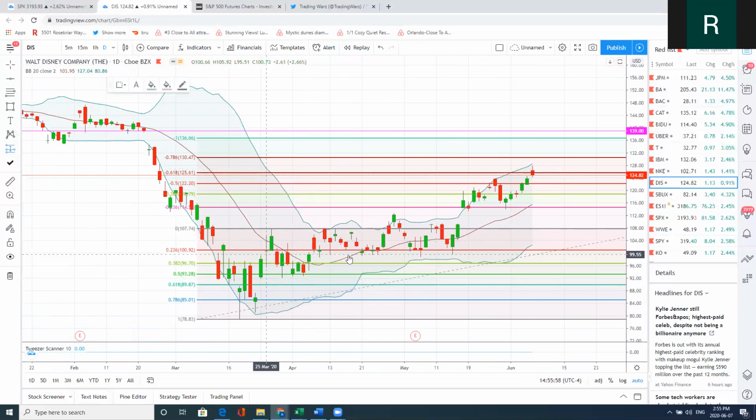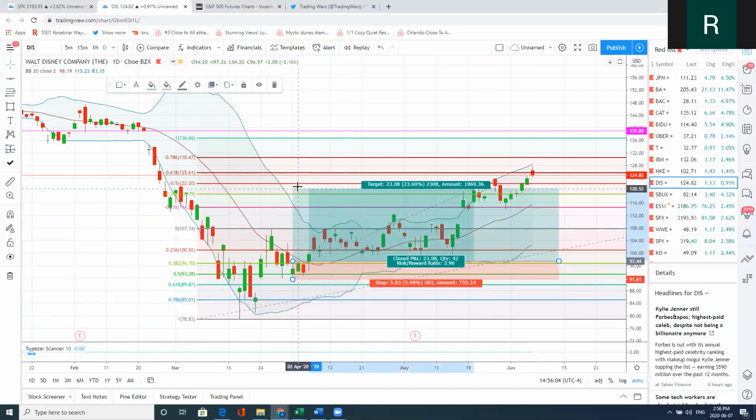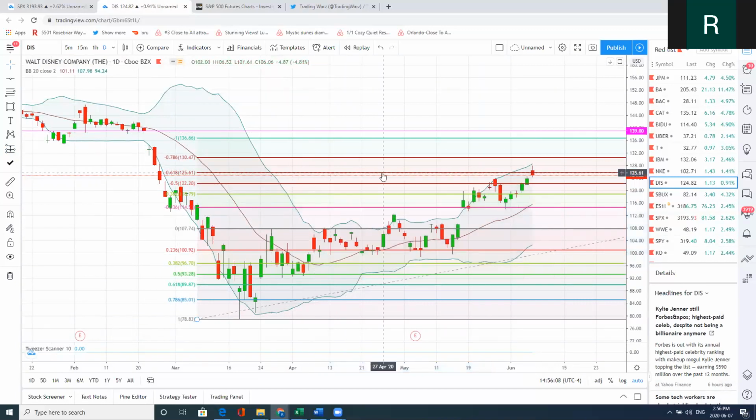So let me draw this up for you guys. Entry here, stop below the low, like so. And then we take it to the 50% target right here. That's 4R, okay? So you can use it on any time frame. It doesn't matter, but you need to do the due diligence to make sure that it's actually working on the stocks. And it usually works on the big high volume blue chip companies and indexes because there's so many bots